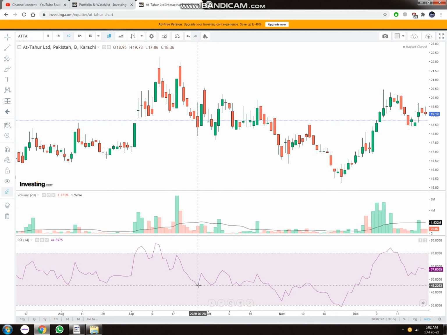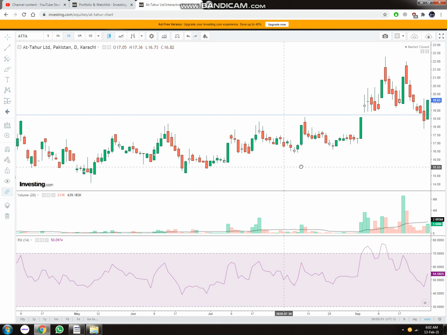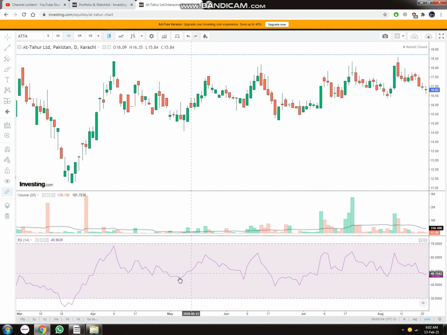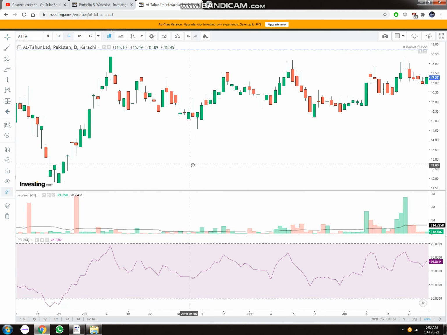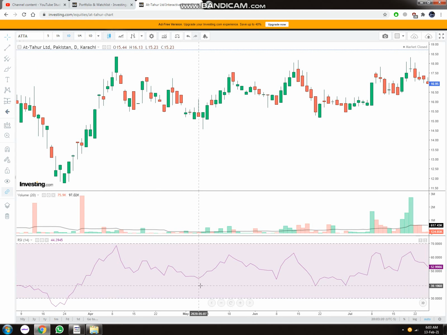Now at these levels, wait a minute, where was it? Yeah, at this level. Take a clear look at this level. This was a side trend. It was trading in a side trend. This candlestick showed a bearish market. It showed a slightly bullish market, as you can see, but not that much, because it was trading in a side trend. As you can see, this is a side pattern, but after that the market moved upward as it showed some sign of bullishness, in an uptrend.